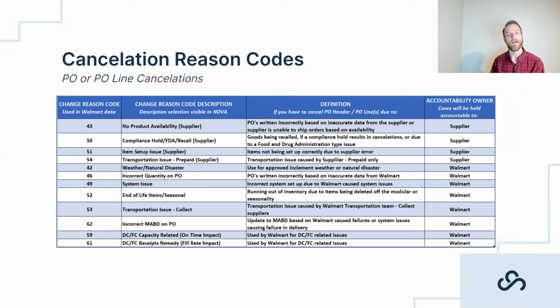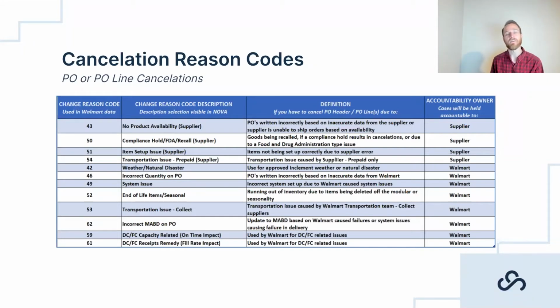So my rule of thumb on this is, have this list handy, understand what the reason codes are that you can pick with Walmart accountability. And if you're going to cancel, if there's any reason you can justify putting the blame on Walmart, we talked about if they order way above forecast, if an item is being end of lifed, or seasonal and they're beyond that season,